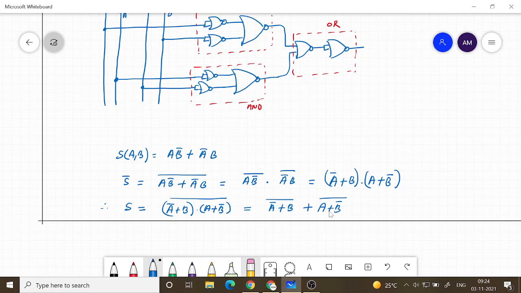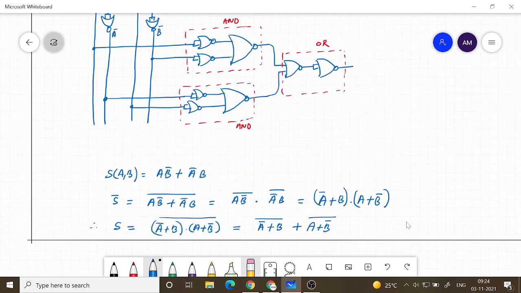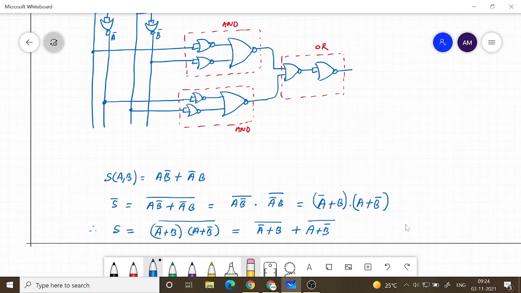Okay, so this is a convenient form. If you look at it, you can implement this by using NOR gate. So for example, if this can also be written like this, to complete A plus B bar, I can put double bar.